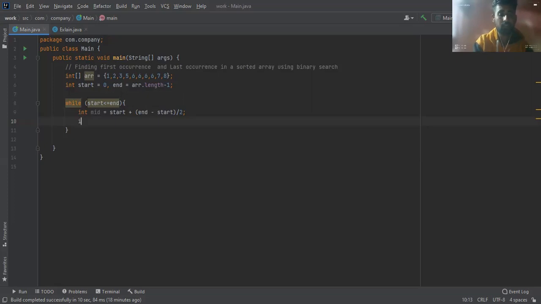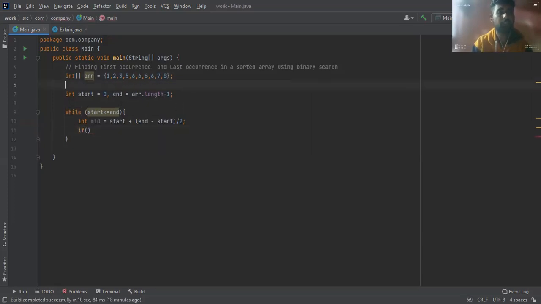Suppose we are finding x, so our int x equals 6. We need to find 6 in the sorted array. So if x equals array of mid, meaning the middle, on the first iteration, we will basically print our mid, the index. If I do this, it completes this. Else